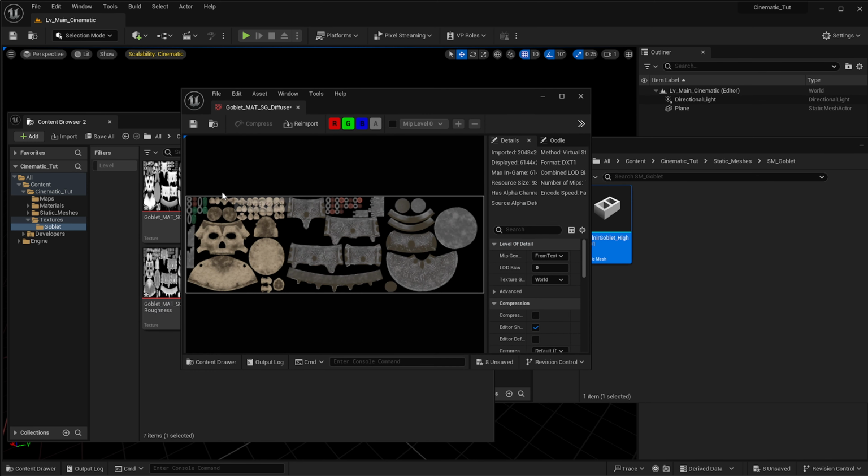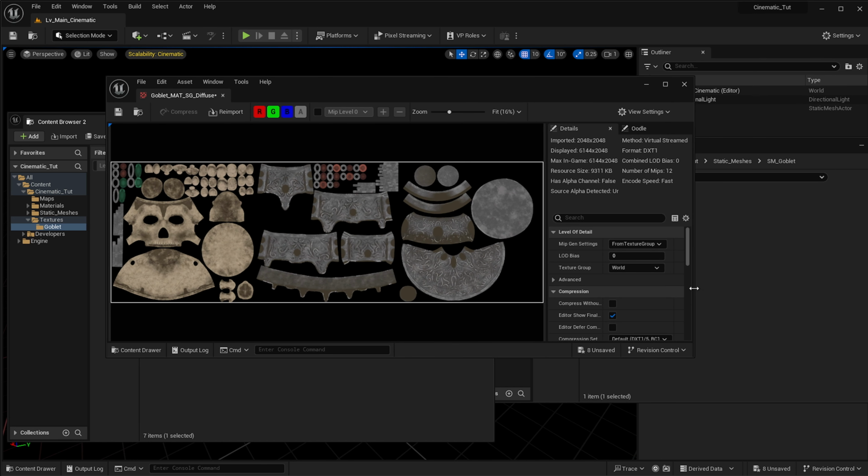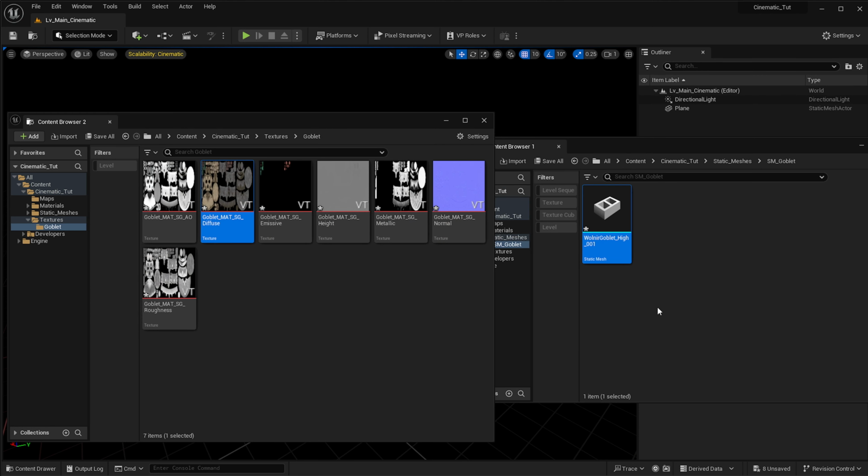So what do I mean by this? Well, basically, you can see 1, 2, 3. So this mesh, this is UV tile 1, 2, and 3. So it's already done it. And if we didn't have virtual texture support enabled, then we wouldn't be able to see it this way. We would actually see each of them individually,